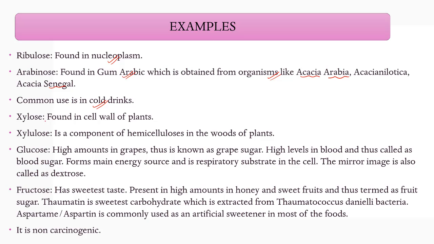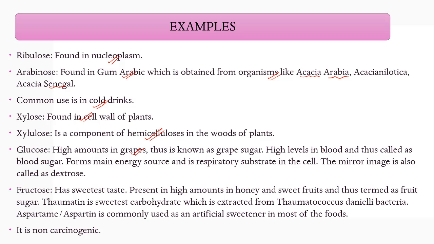Xylose is found in the cell wall of plants. Xylulose is a component of hemicellulose in the wood of the plants. So xylose is found in the cell wall of the plants, and xylulose is a component of hemicellulose in the woods of the plants. Glucose is found in high amounts in grapes, thus it is known as grape sugar,